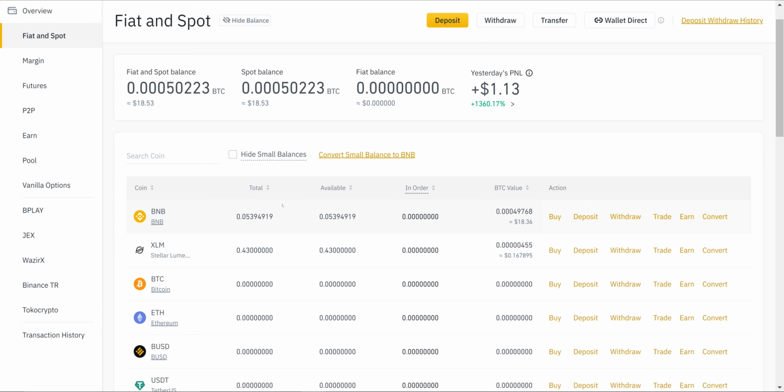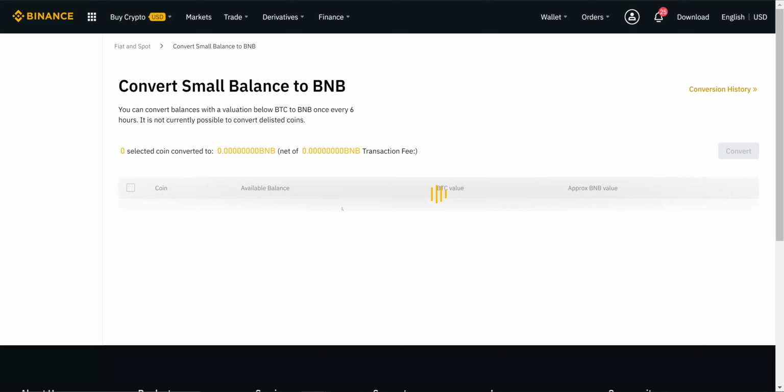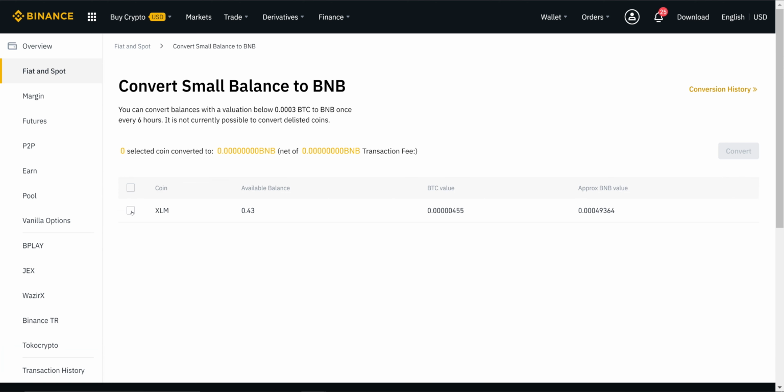Here it is. We need to convert these leftover fractions of XLM to BNB again. We move to convert small balances to BNB. Here we check box XLM and move to convert on the right.